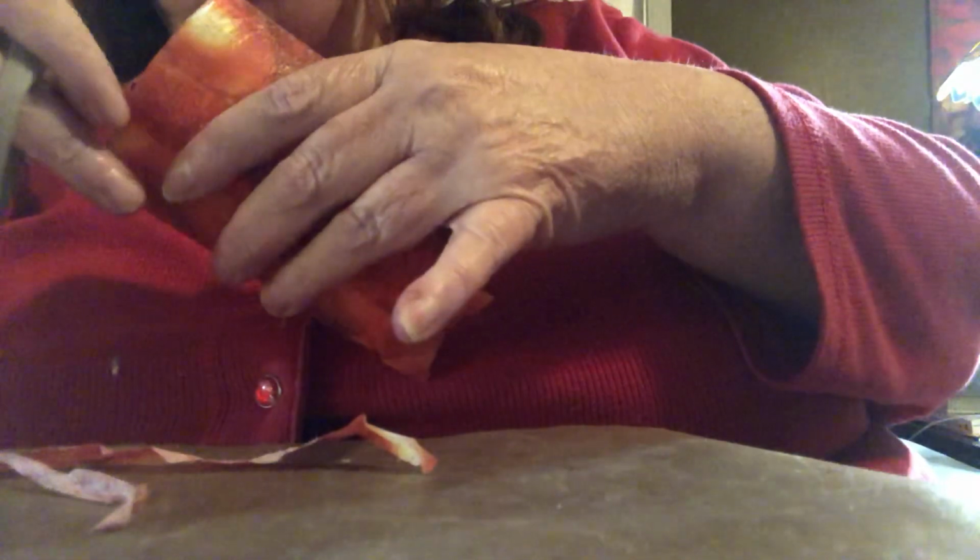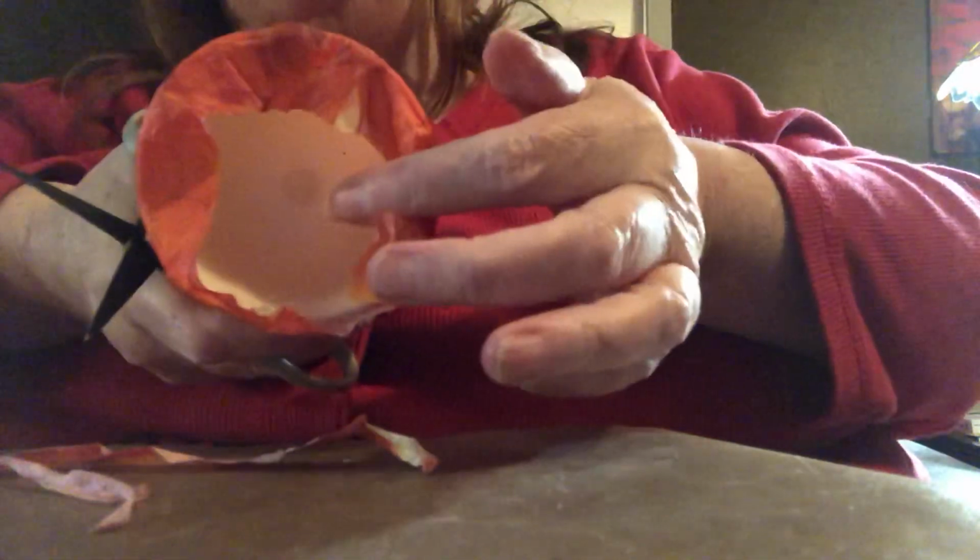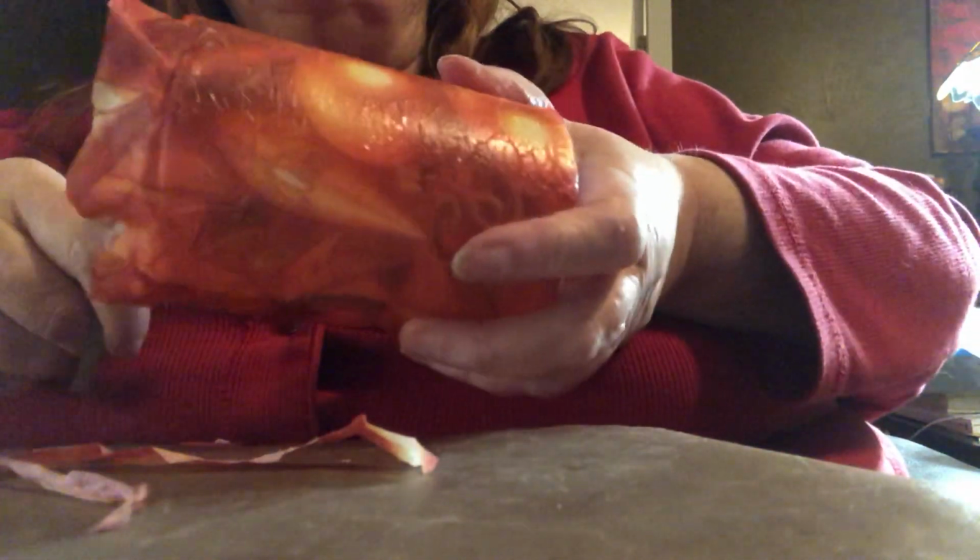Okay. So once your Mod Podge has dried, you're going to come in here and you're just going to trim. Right along the edge here on the bottom. It's relatively easy because it's flat. Okay. Now, the top's a little bit different because it curves. Oh, there we go. It curves. But all you do is just straighten this up. Just come in, cut,